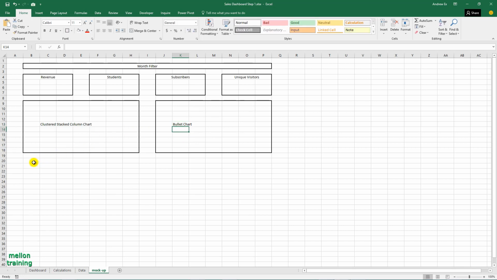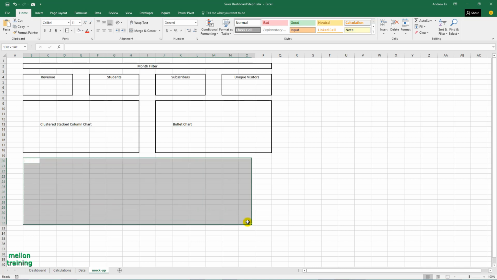Then I want to show all the metrics in a simple table format. Start drawing the table and the columns of it.